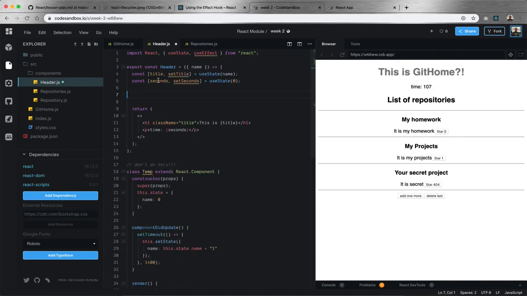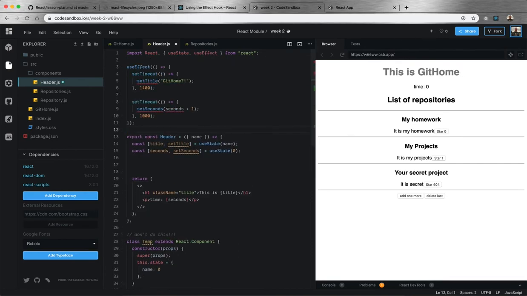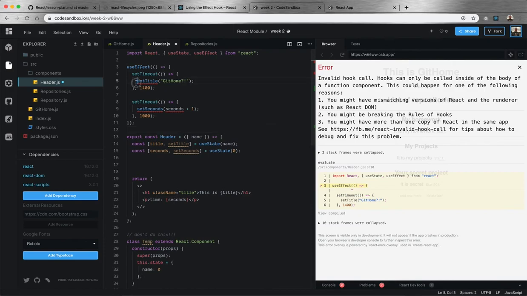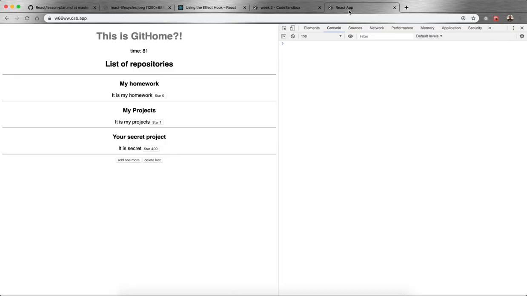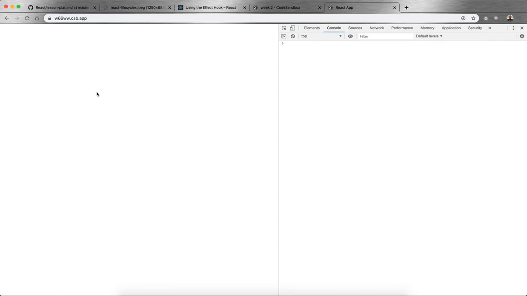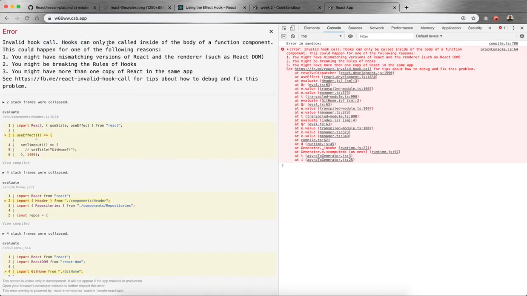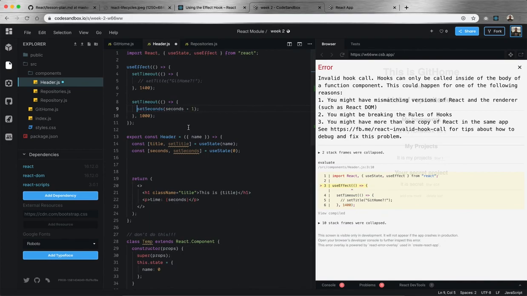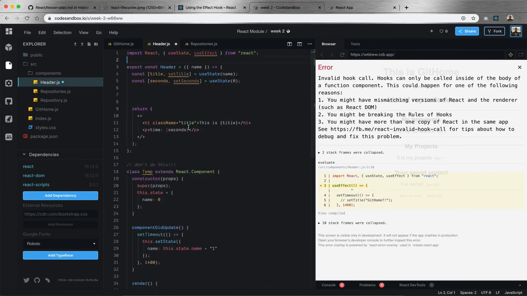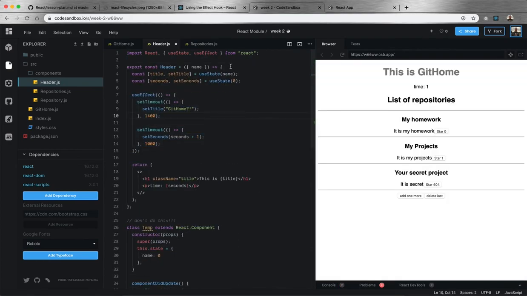For instance, we cannot do this, and it's not only because this is not there. For instance, if we have, okay, we are not calling the set, let's say. This is not valid, as you can see in the error message. It explains what's happening. It says that it cannot be called outside of the function component. So any hook can only be called